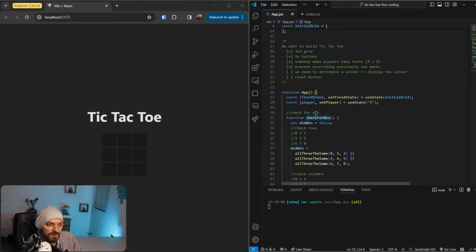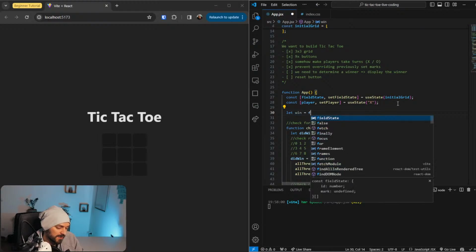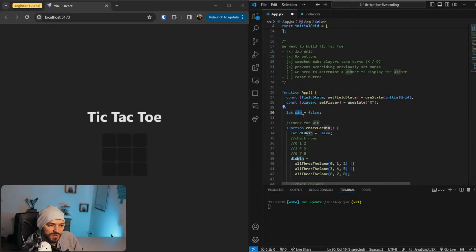Okay, so now what we need, and this is maybe not that obvious, but we don't need another state that determines whether a player won or not. We can use a derived state, which is just a plain old simple variable. We can call this did win or something. Oh, we have a did win already. Let's call this win. Very creative. And set this to false, right? And we can use that variable right here,